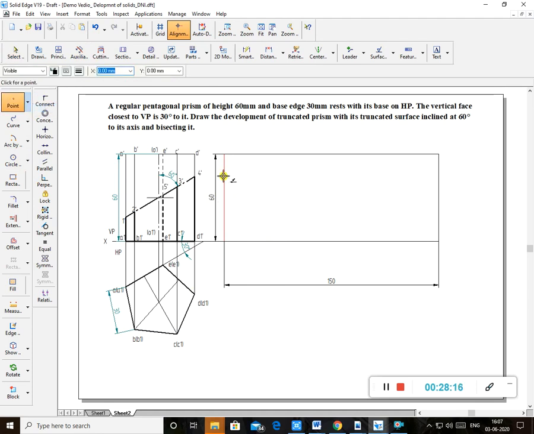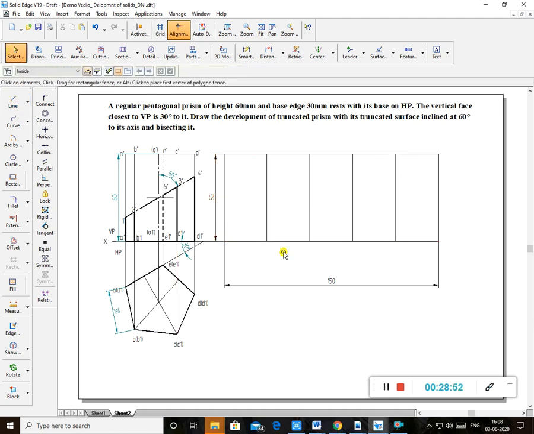I can use a point command, or I can use a line command also. From here I draw a 30 mm line, and then I'll draw a vertical line of 30. And again I take a 30 mm line. There is some problem here, so I'll draw in this way. You can do it this way also, a 30 mm line. From here you draw again 30 mm, then a vertical line. In this way you go on making divisions at equal distance. Now how much do you get? 1, 2, 3, 4, 5. So we show only one dimension. How much have you taken? 30. Don't show all of these.